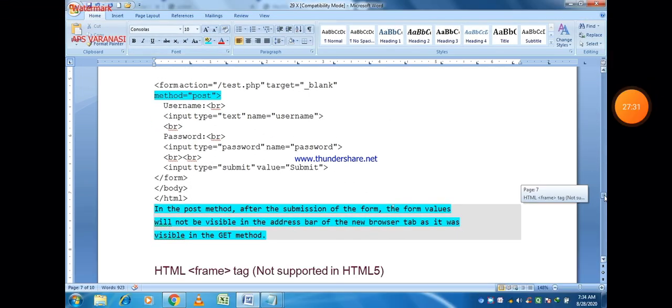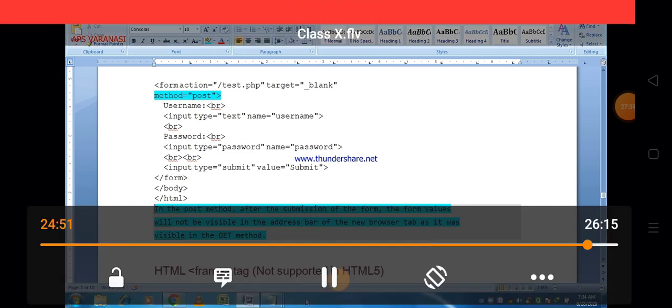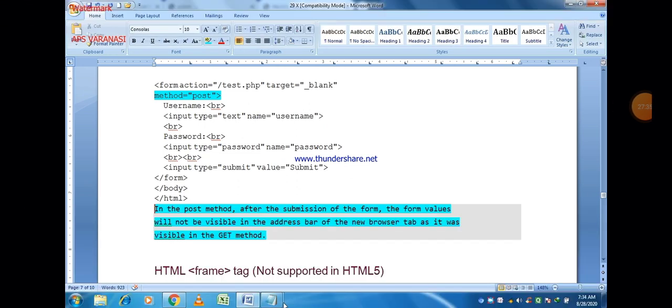In the post method, after the submission of the form, the form values will not be visible in the address bar of the new browser tab as they were visible in the get method.